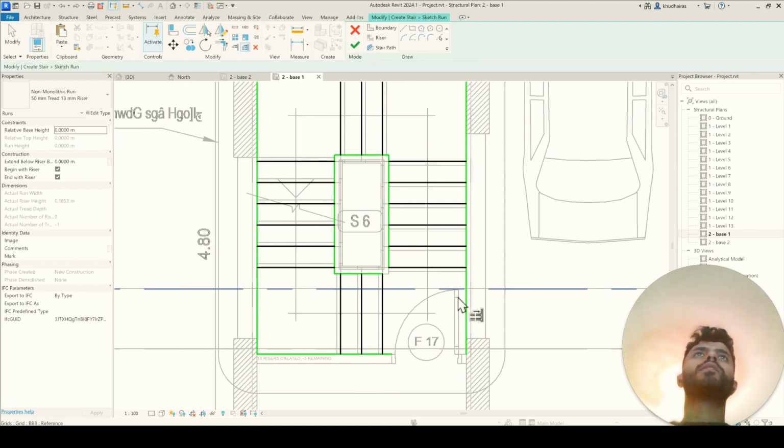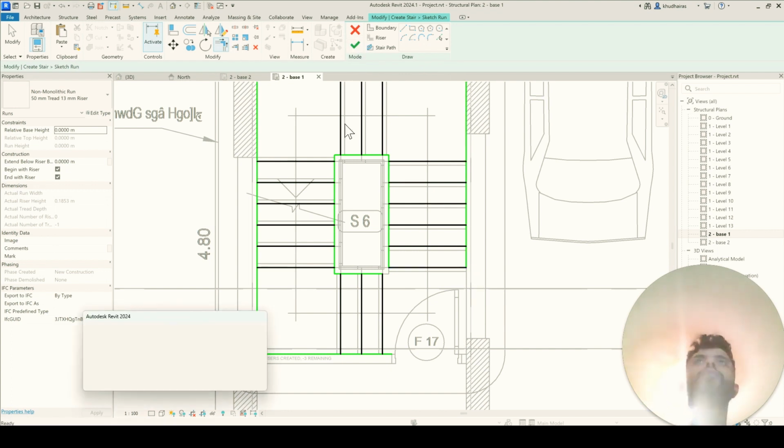Oh, I see. I think this line, we didn't trim the line here as well. So this one should be with this one. Okay.